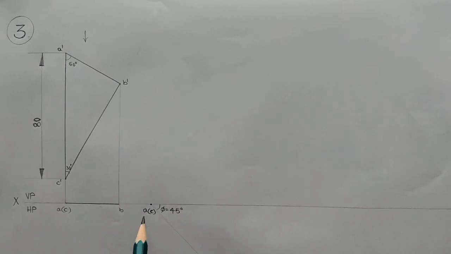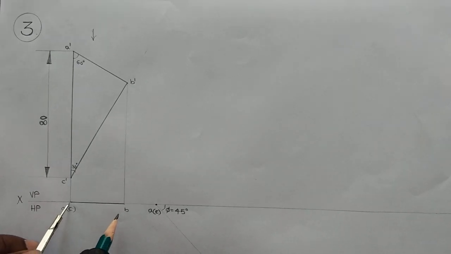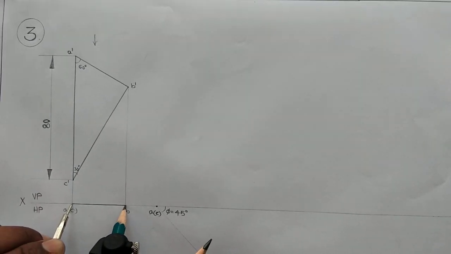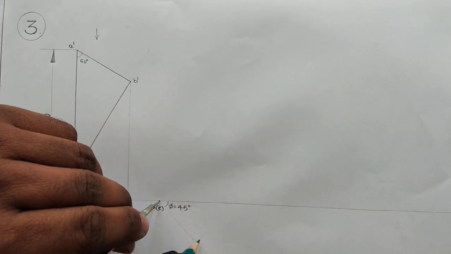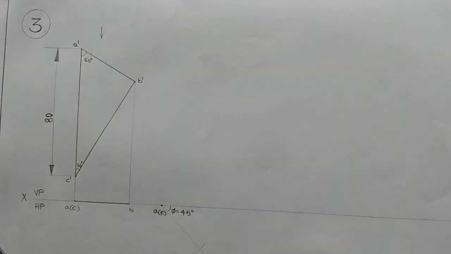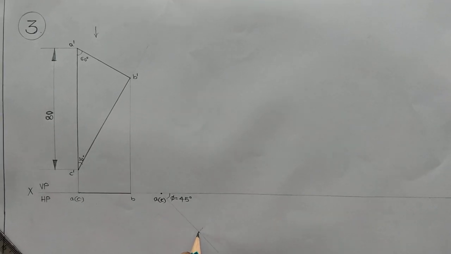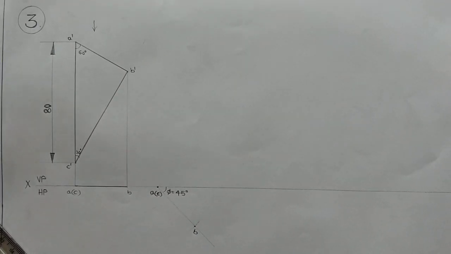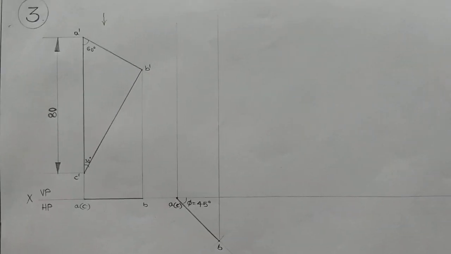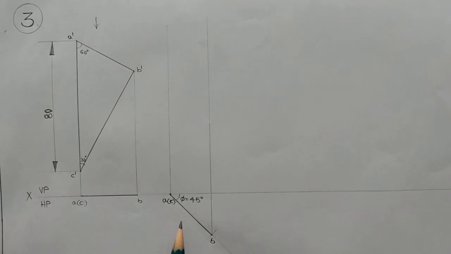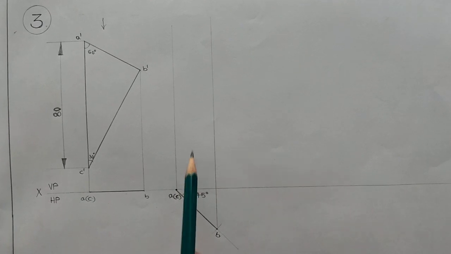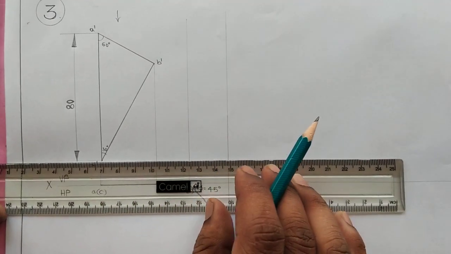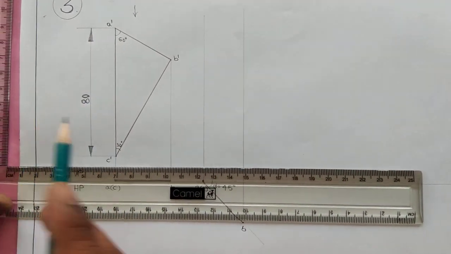So AC we have given, and for the purpose of point B, we can measure the AB dimension as radius, this point as center, draw an arc on the 45 degrees inclined line. So this point becomes point B. Now join AB with H pencil. Yes, in this way we can join A and B with H pencil. Then immediately we can project both the points upwards. Then we can construct the locus lines from these 3 points.